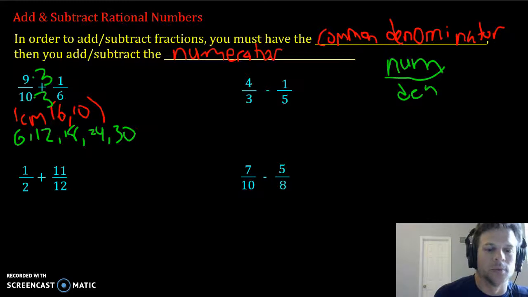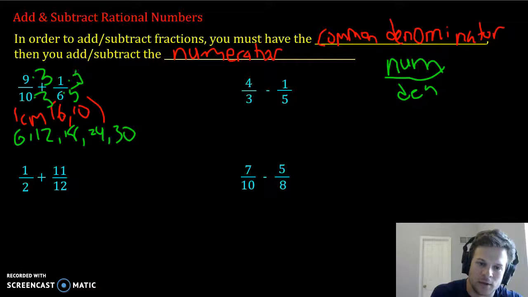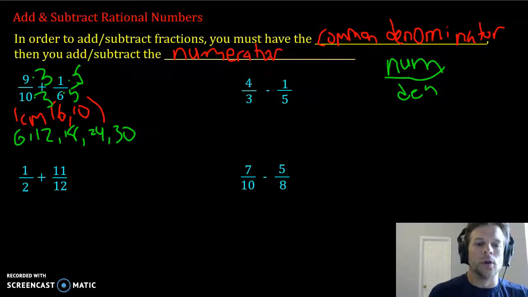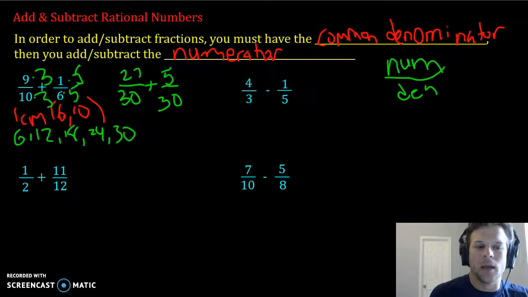And whatever you do to the denominator in your fraction, you're going to multiply to the numerator. So same thing up here with the 9. You're going to multiply times 3. We need to get to 30 on our 6, and the multiple of 6 to 30 is 5. So we're going to multiply by 5, and same thing on our numerator. So what we're going to end up with, 9 times 3 is 27 on top, 10 times 3 is 30, plus 1 times 5 is 5, 6 times 5 is 30. So we end up with the same denominators on the bottom, and all you're going to do is just add up top because it tells you what to do. Adding right here, 27 plus 5 is 32